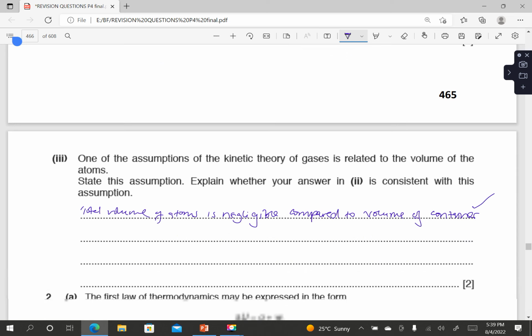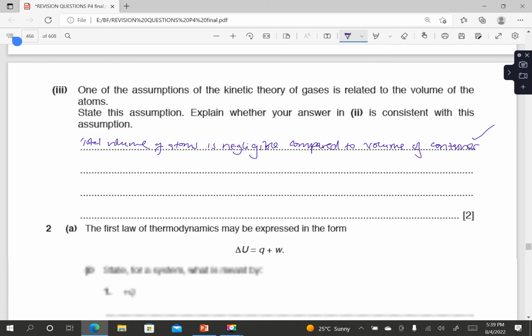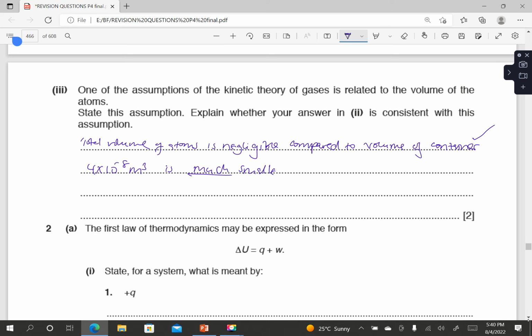So you notice that 4 times 10 power negative 8 meters cubed is much smaller. This is very important. Not just saying it is smaller, it is much smaller than 6.8 times 10 power negative 3 meters